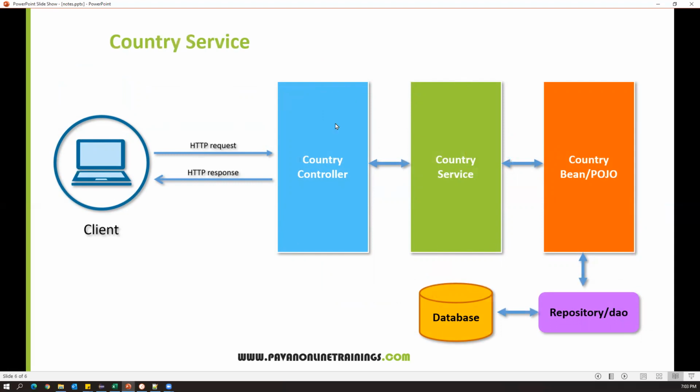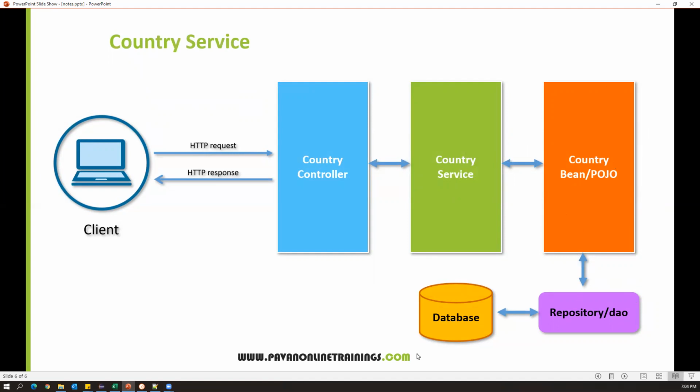So our controller class will talk to the service, and the country service again internally uses a country bean class, because the country service contains a number of attributes like country name, country ID, capital, and so on. To represent that data, we need a POJO class, which is called a bean. And this POJO class and service internally talk to the repository and database.